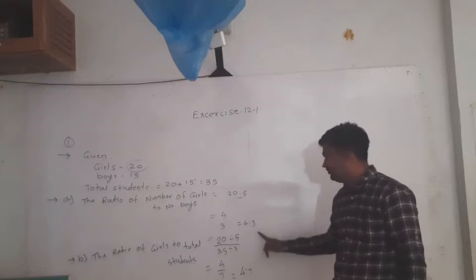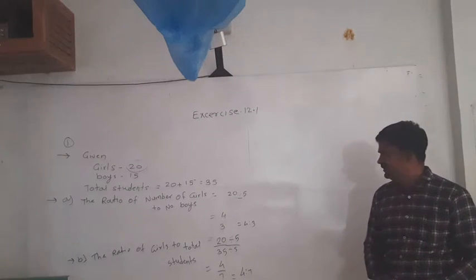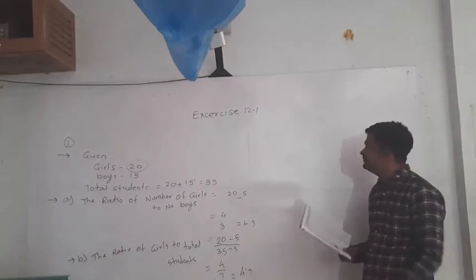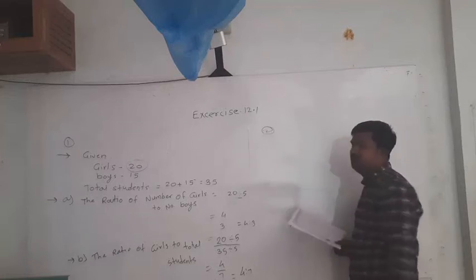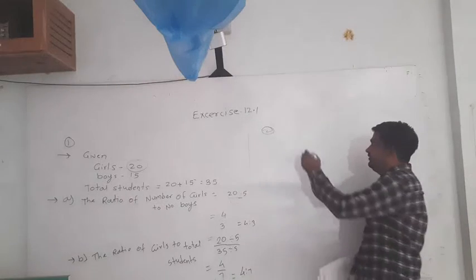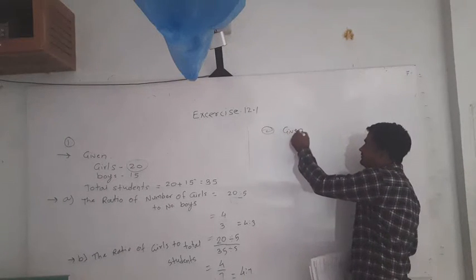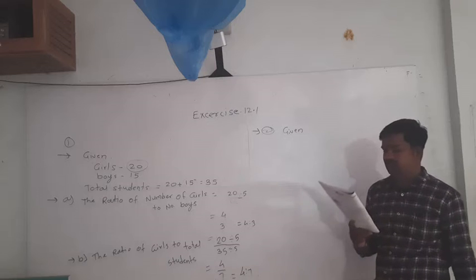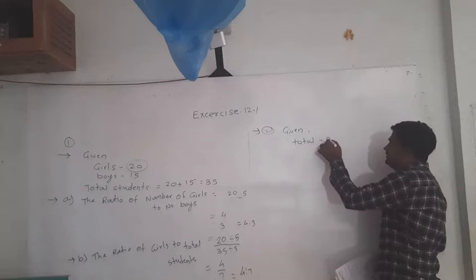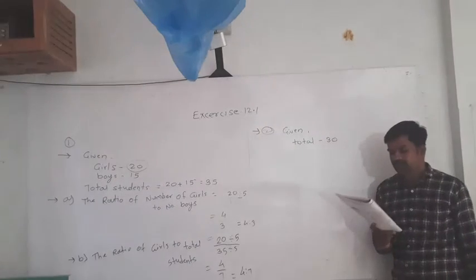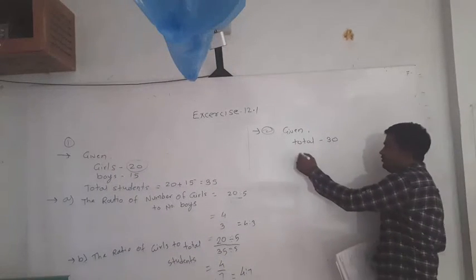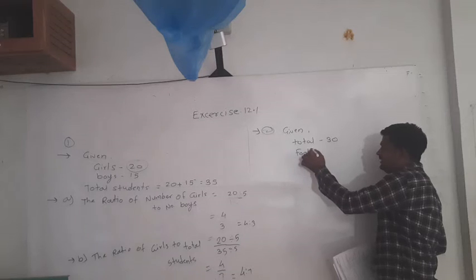First ratio is 4 is to 3. Second ratio is 4 is to 7. Now see the second number question. It is very simple. Out of 30 students in a class, first you can write the given. I will write the direct answer. Total 30 students. How many? 30. 6 like football. Football liking students, how much? You can write here first the given.